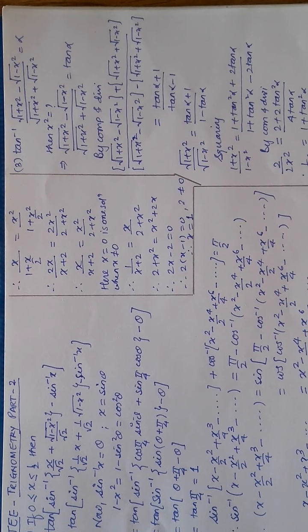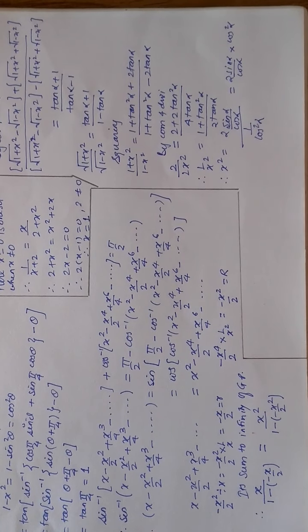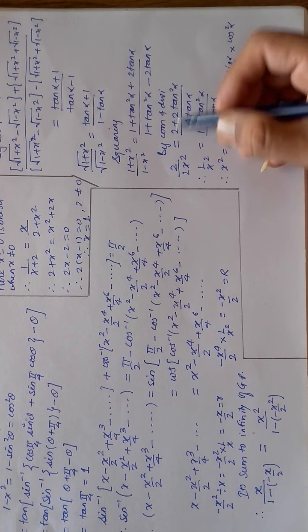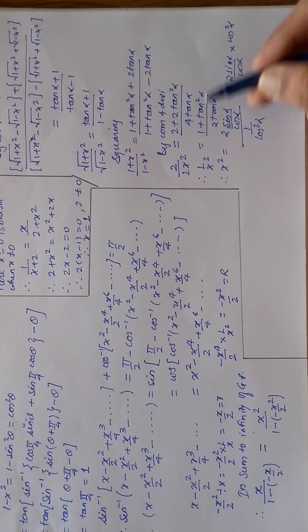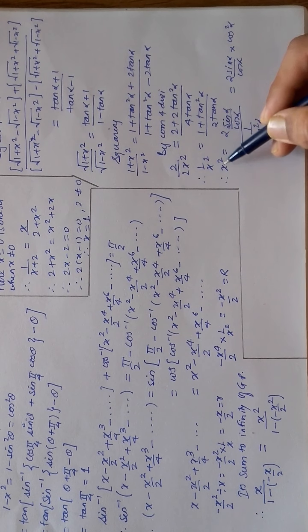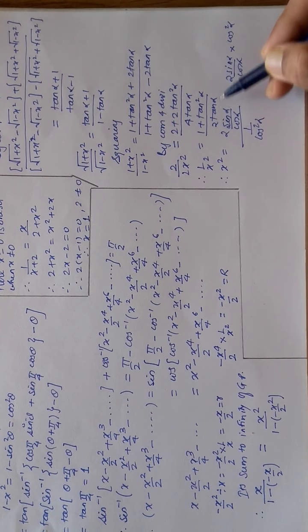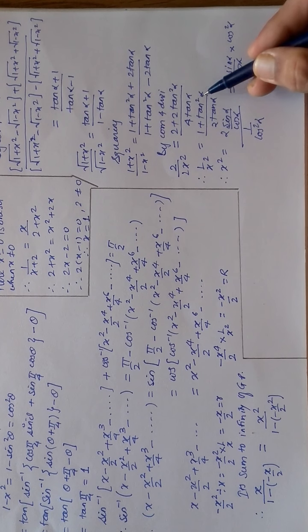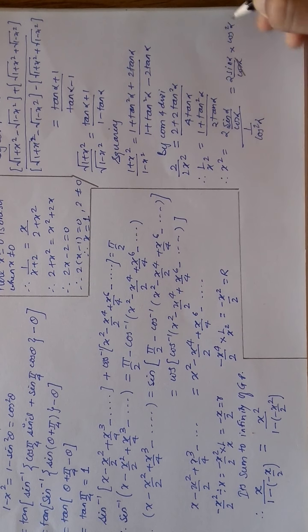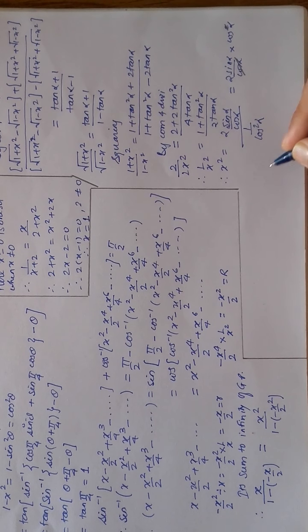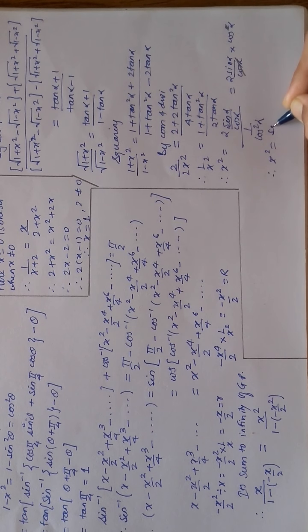So therefore your x value, sorry, you are not able to see, so here again I did componendo dividendo, nothing else, removed 2, so I got this 1 plus tan square alpha, this becomes by invertendo upside down. This tan alpha I wrote as sin alpha upon cos alpha, and 1 plus tan square alpha is sec square alpha, which is equal to 1 by cos square alpha, taken upside it will cancel out, so I will get here 2 sin alpha into cos alpha. So obviously your x square is equal to sin 2 alpha. Wasn't it interesting? Yes, it is.